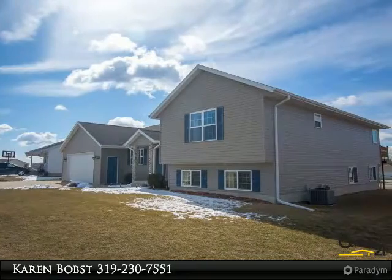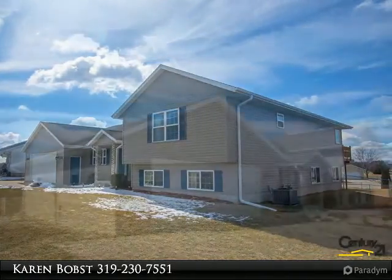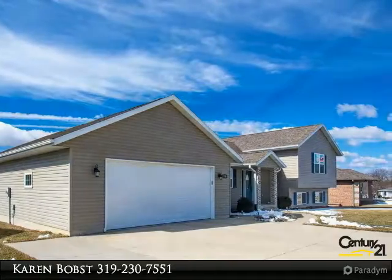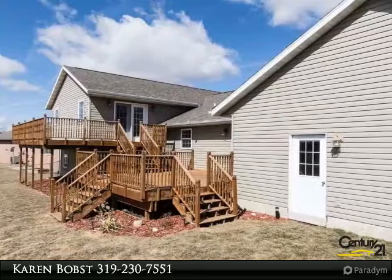This is a beautiful split 4-level home, has all the luxuries. On the main level, the updated kitchen features gorgeous cabinetry and stainless steel appliances. The living room, dining area, and kitchen are open concept with sliding glass doors to the multi-level deck of the